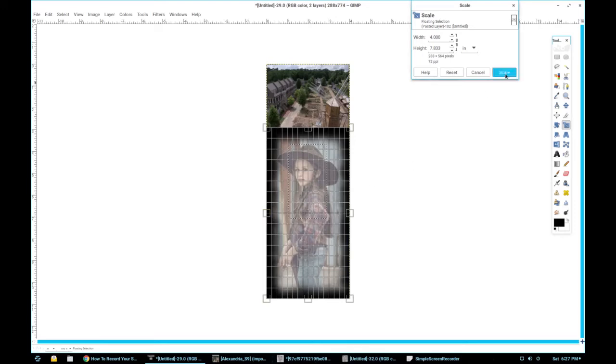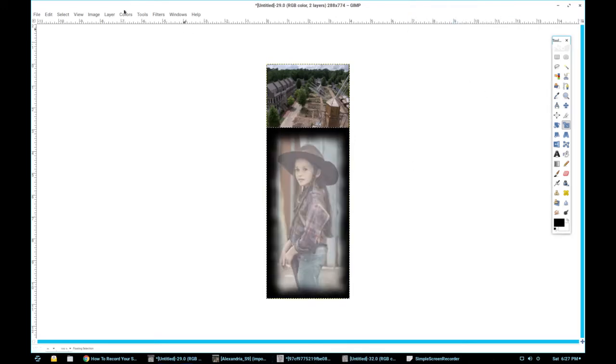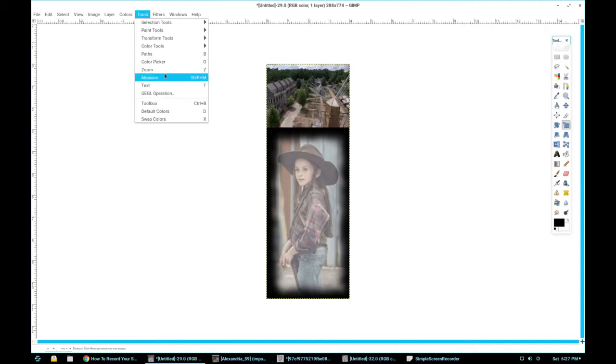Then hit scale, and then anchor layer. Each time you anchor the layers on these, then you really can't do anything with them. I mean, if you want to, you can go ahead and paint on them or whatever, but as far as moving them, you're not going to be able to move them. So next thing I want to do is tools, text,